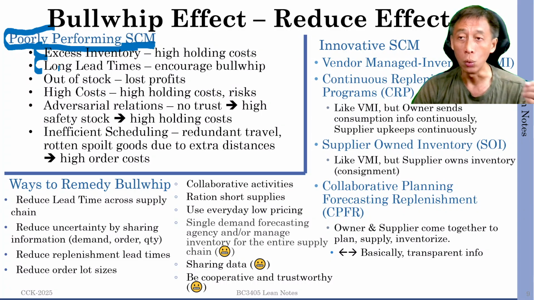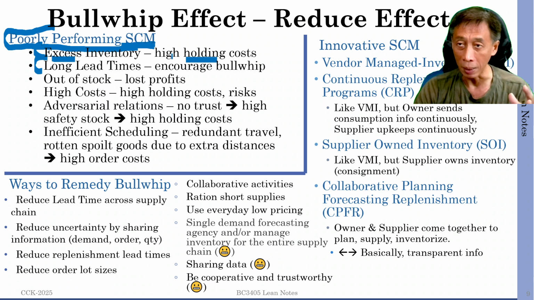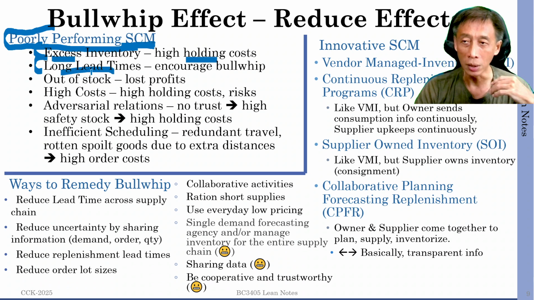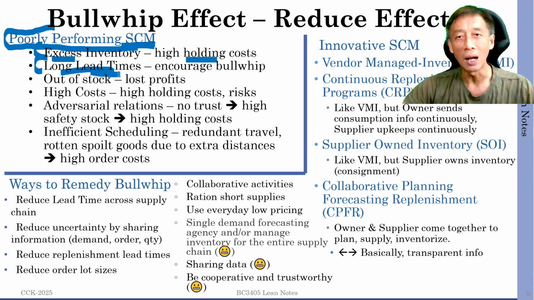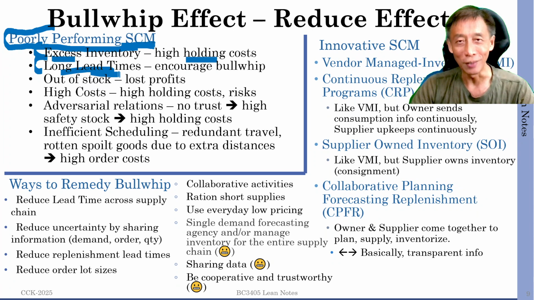Yeah. So what can that exhibit as? It can show up as excess inventory, leading to high storage costs, high holding costs for the distributors, and they will not absorb the cost. They will pass it down. Long lead times, right? So long lead times lead to many problems. Long lead times tend to lead to larger fluctuations.